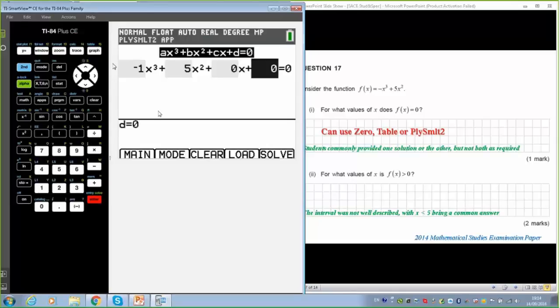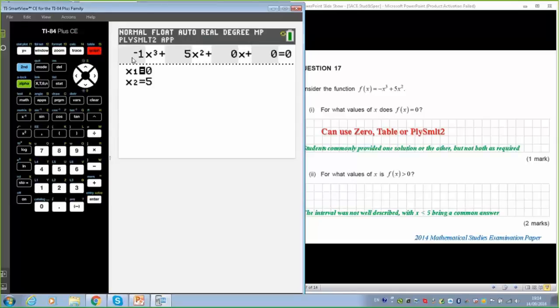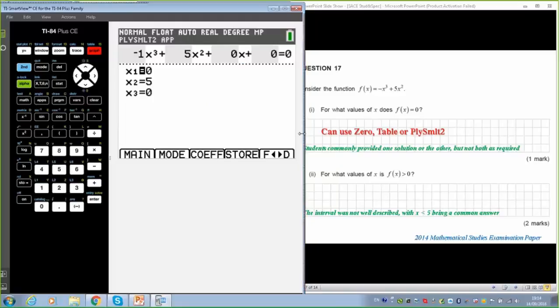And let's solve that. So that's F5 again. And there we go. It does give us that double, which we should be aware of. So it gives it there. X values are 0 and 5. So nice to show how we can use both those functions just to work that out.